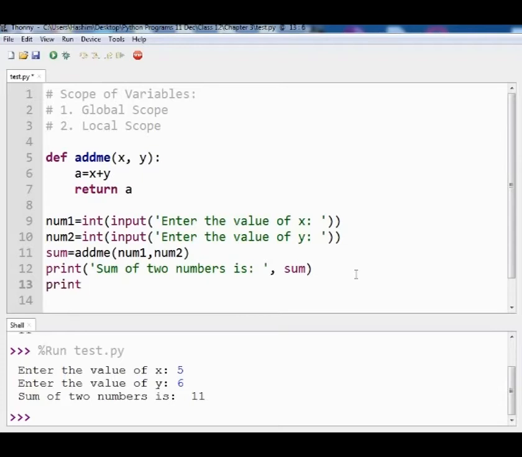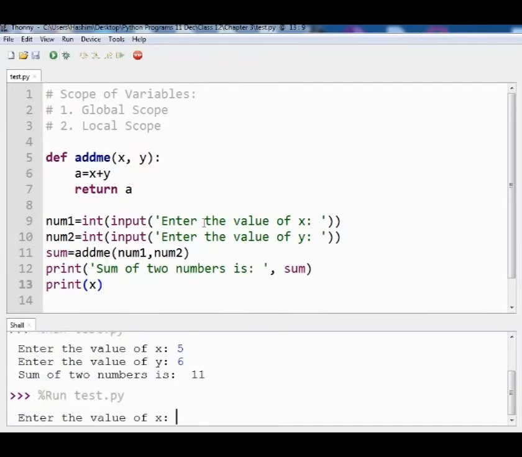If we want to print the value of x, whatever was entered in this x, and you want to print it here, it won't work, because we are asking for a local variable here which is running locally there. You cannot print it outside its function.